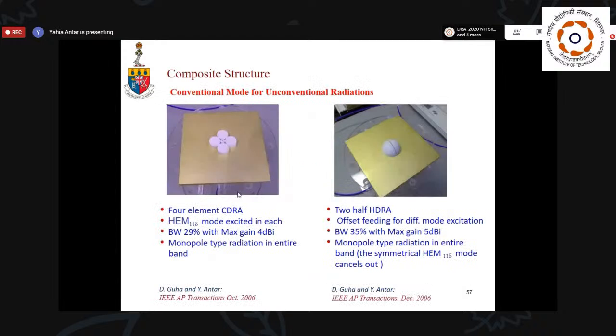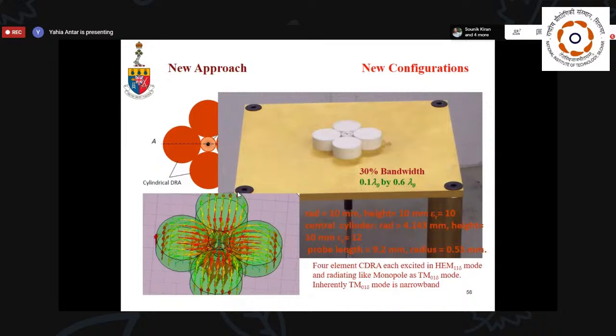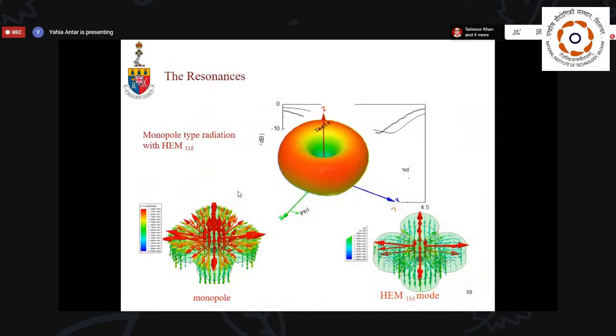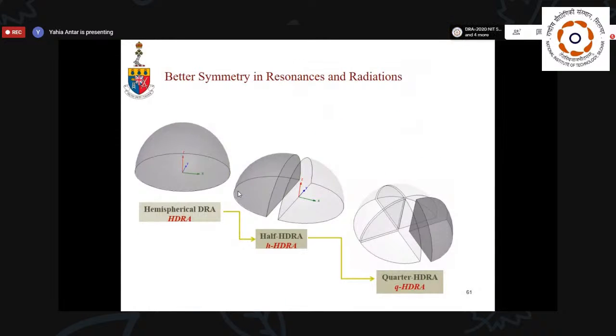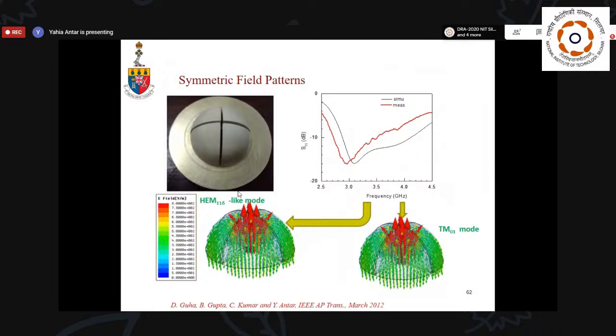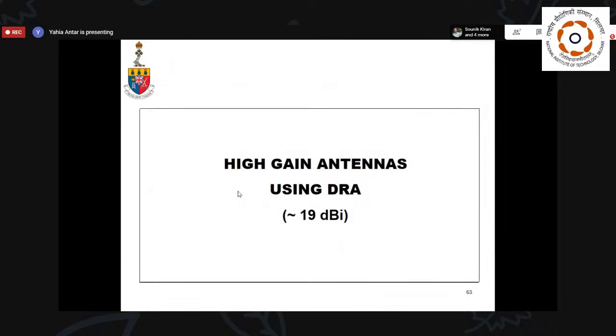Various shapes of resonators. You can have more than one resonator together to achieve certain characteristics, to build various antennas. You can find this in the literature, but it's composite, various shapes and so on. So that gives you an idea about, again, as I said, the mode engineering. If you understand the characteristics of the modes and so on, you can build your antenna around them to achieve certain